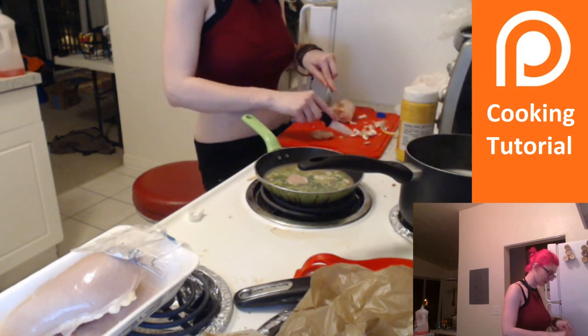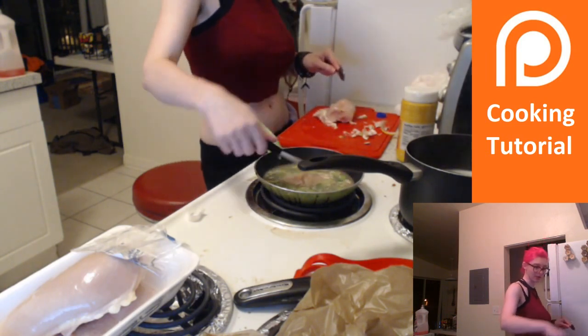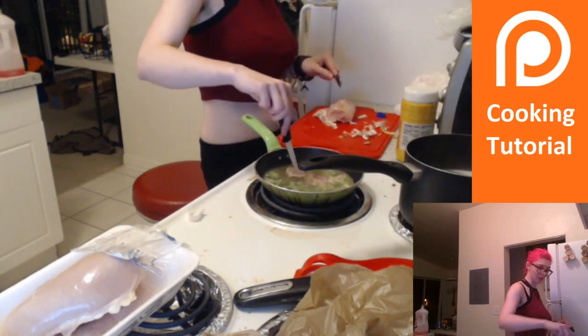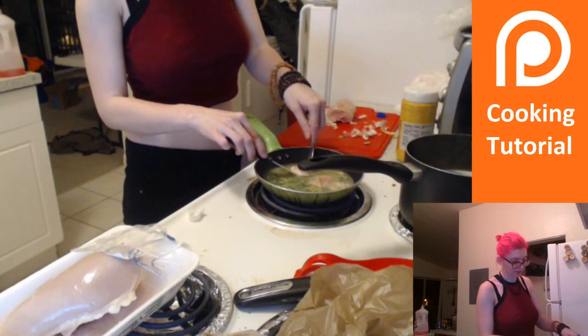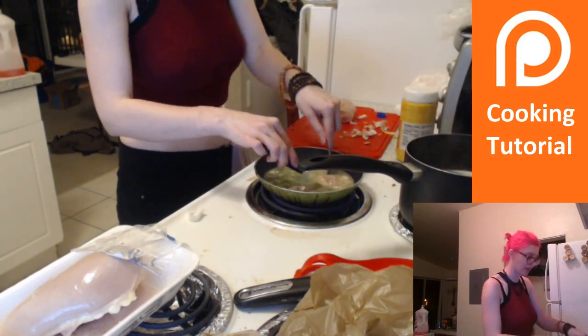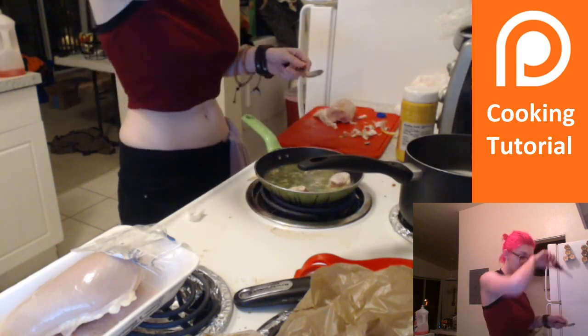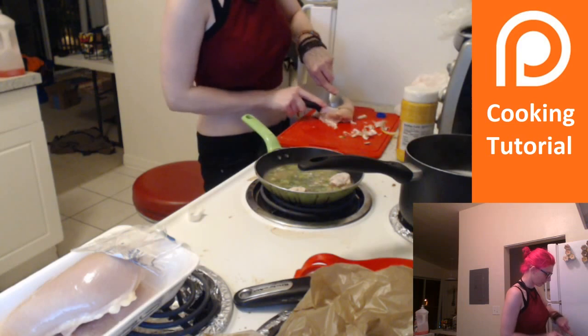This is gonna be so ghetto. I'm so sorry in advance. But yeah, if you bring it to a low simmer, you can already see, also do small pieces. I'm not really big on big pieces. It's basically already almost fully cooked. So a low simmer really isn't going to hurt anything. And to be honest, you can't really overcook chicken. So what I'm going to do is basically wait till all the chicken is in there,